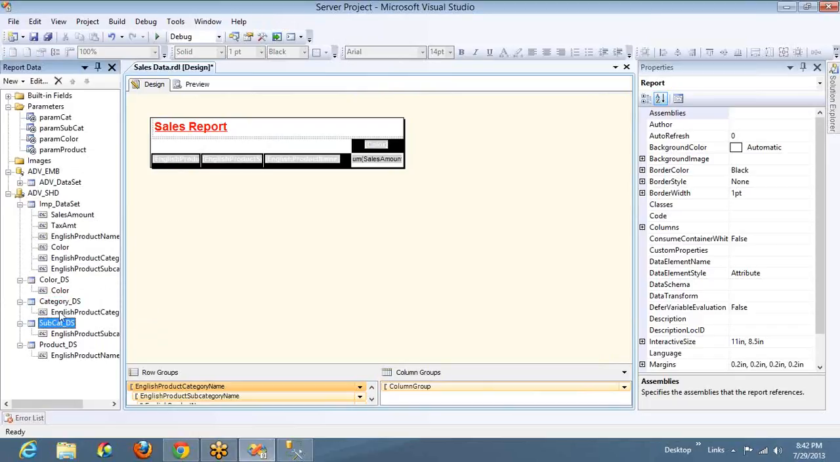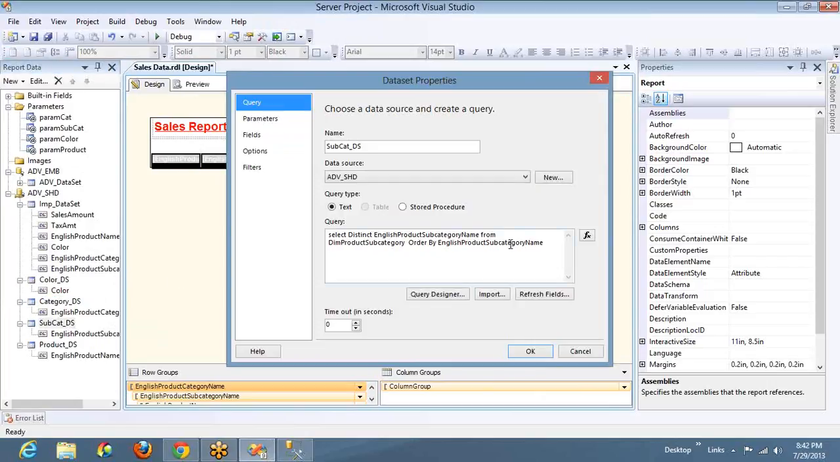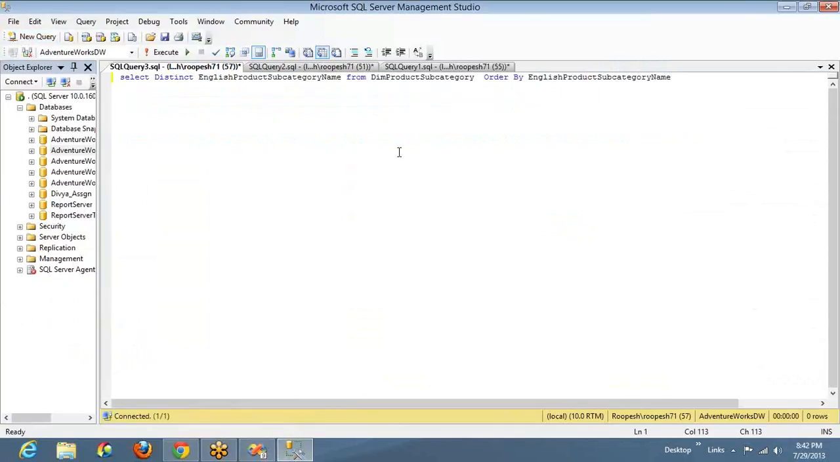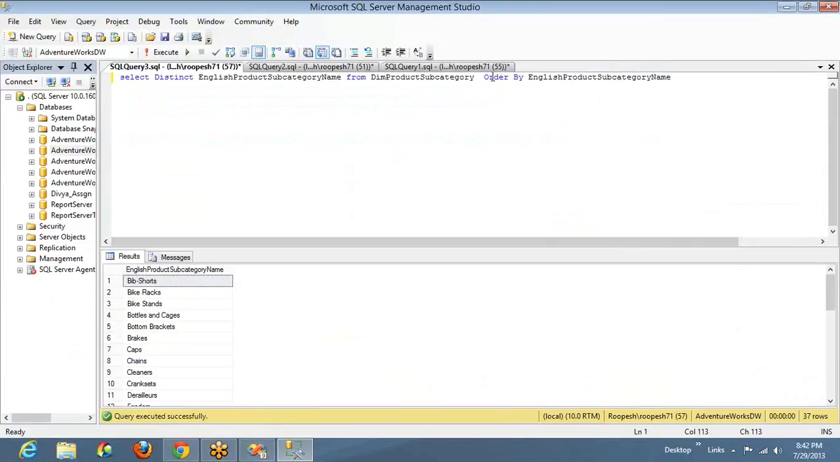The second one is subcategory. This should be dependent on whatever categories I have selected. How can we make it? Just like what we have done for the main data set, in the same way, for this subcategory I'll take the query to the SQL server. And this is giving me all the subcategories. No need of a subquery, Shiva. A simple where condition. Before going to this where condition, let me show you what all the columns are